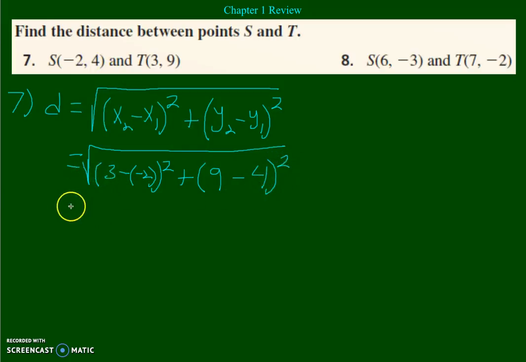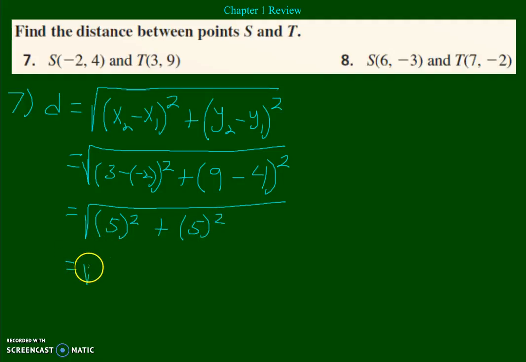So we have the square root of 3 minus a negative 2 is 3 plus 2, so that's 5 squared, plus 9 minus 4, which is 5 squared,